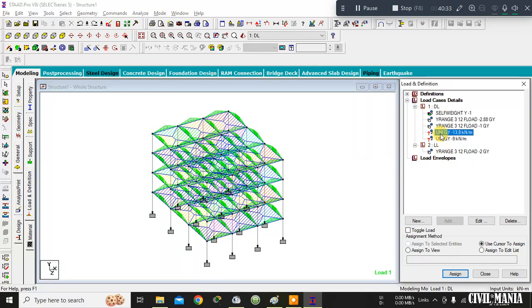Go to the load, that is minus 13.8 kilonewton per meter is the load. I need to go to this load, because this is the load which I need to apply only on the load bearing walls. So I will go to the